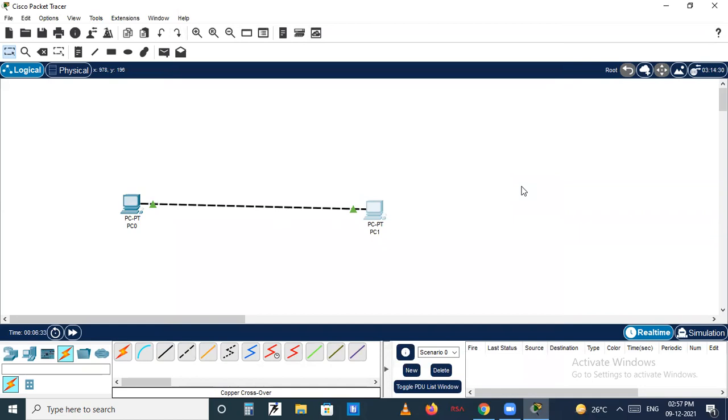Next practical, hub configuration. We will create a LAN by using a hub. As you know, a hub is a flooding device. Let us suppose there are 6 devices, and from the first to the third I am sending data. Once the data reaches the hub, it will send that data to all the other devices except the sender. So it is going to flood the network.